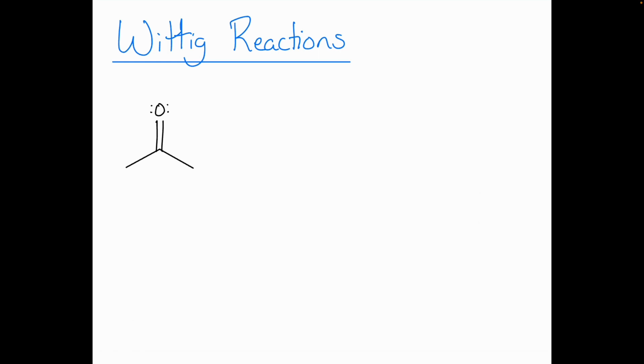All right, if we, let me use a slightly more complicated starting product here. Okay, so we're going to take our aldehyde or ketone and we're going to react it with, I feel like